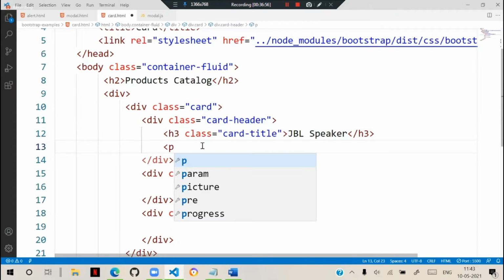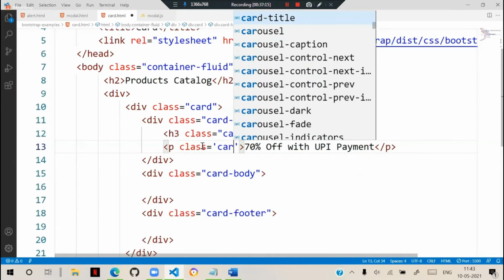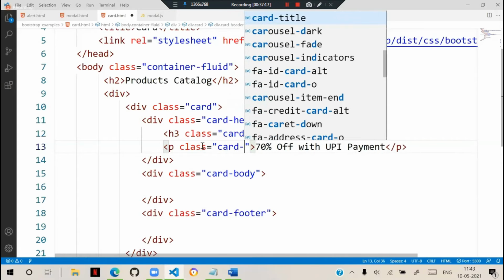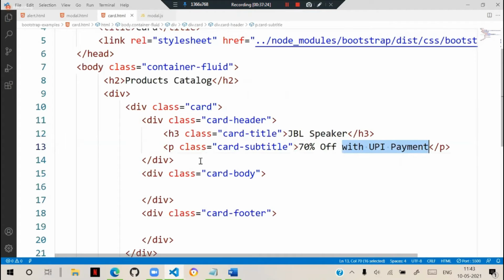And we have some paragraph here, like 70% off with some UPI payment, something like this I defined. And here we are adding a class as card subtitle. So, 70% off with UPI.